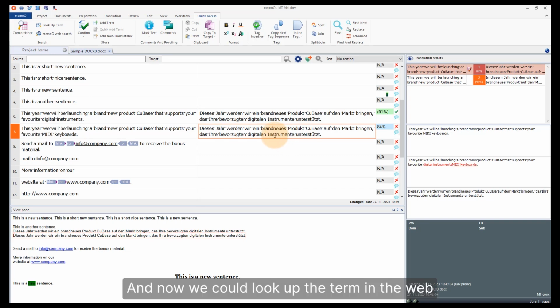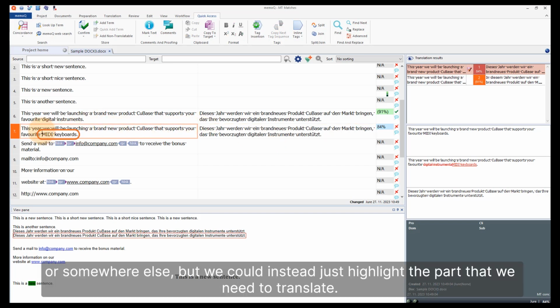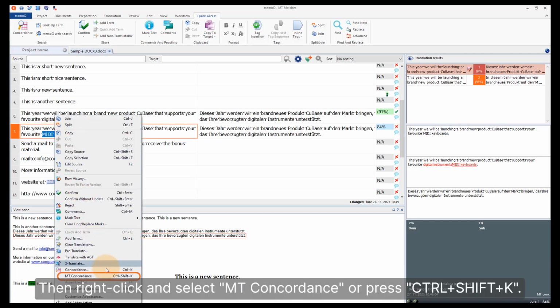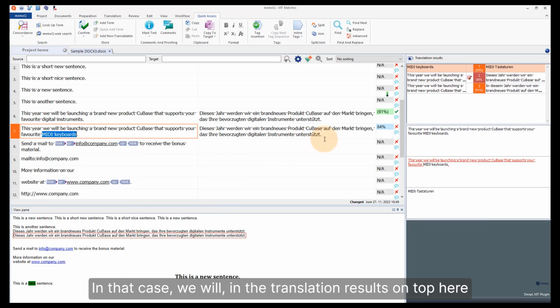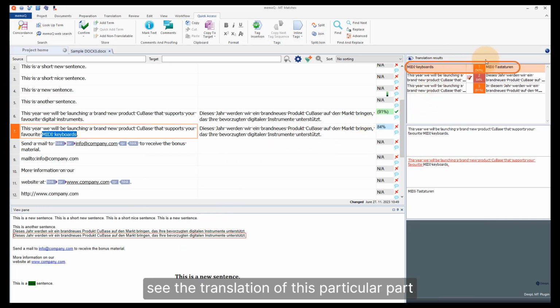And now we could look up the term in the web or somewhere else, but we could instead just highlight the part that we need to translate, and then right click and select MT Concordance or press Ctrl-Shift-K. In that case, we will, in the translation results on top here, see the translation of this particular part, and